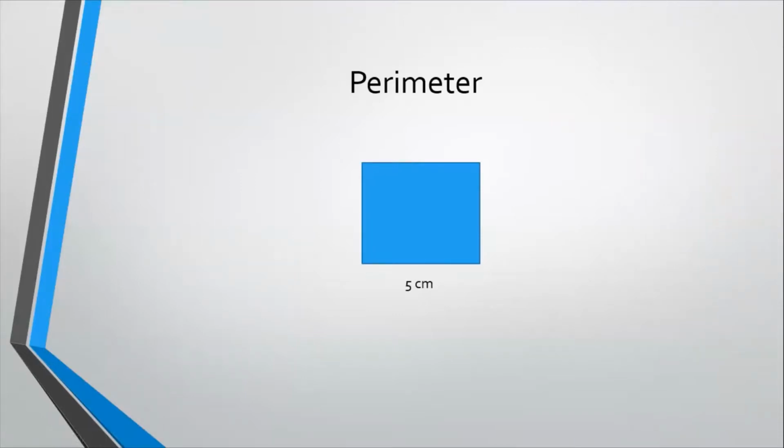Okay. So, what is the length of one side? It is 5 centimeter. Now how will we find the perimeter? 5 plus 5 plus 5 plus 5. All 4 sides are equal. If this side is 5, it means this is also 5, this is also 5, and this is also 5. Isn't it? So adding all 4 sides will give you the perimeter.